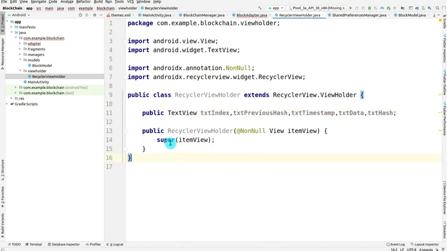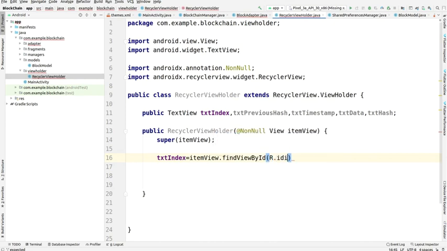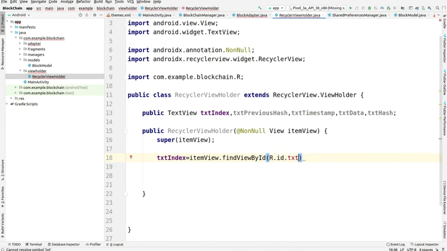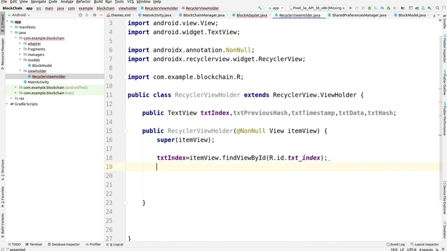Okay, so now we have to work on this. Just in the RecyclerViewHolder, we have to map these properties with the properties of XML, and here I have to press Alt+Enter.